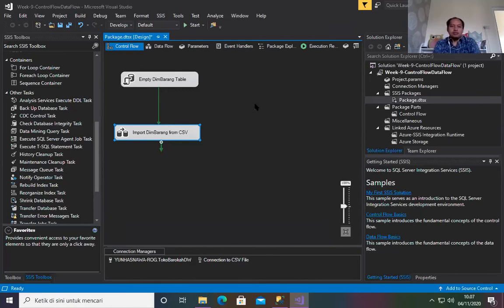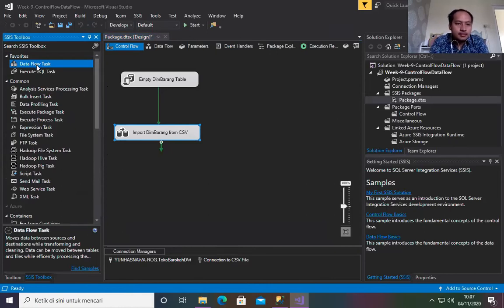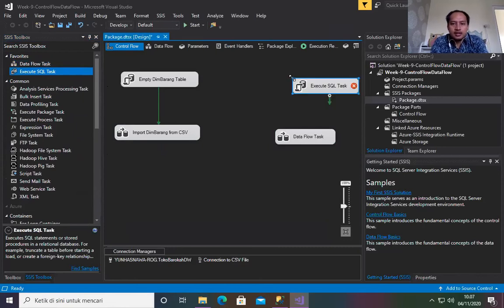So we just need to drag and drop again one data flow task here, and then also one execute SQL task.